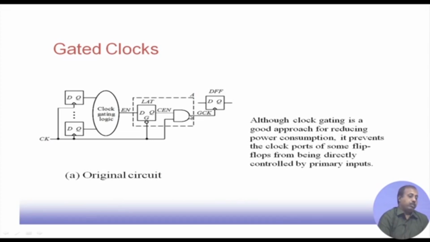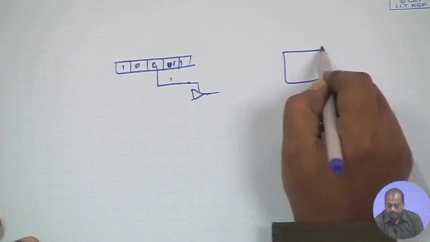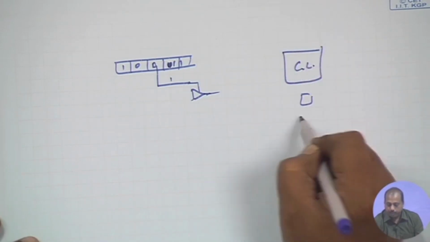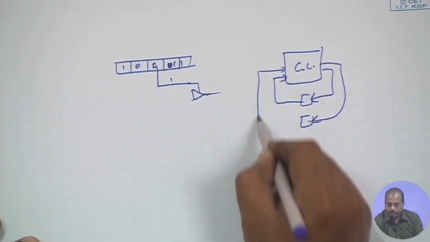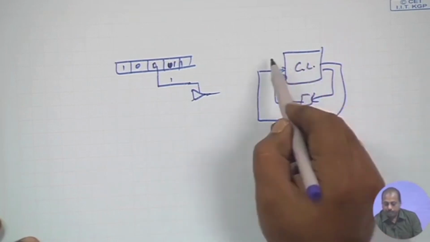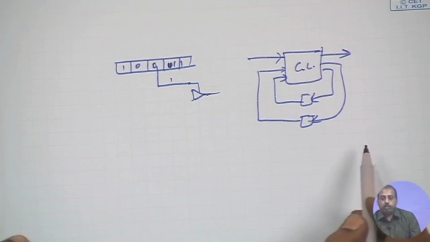Another very important design style that we have is the clock gating circuit. Clock gating is done so that we want some portion of the circuit to become inactive from the power consumption point of view. So, this is a good approach for reducing power consumption. In a typical sequential circuit design, as I have said, there is a combinational logic and there are flip flops feeding this combinational logic. Now, if we find that for some time this system should not work, meaning its output is not that necessary,